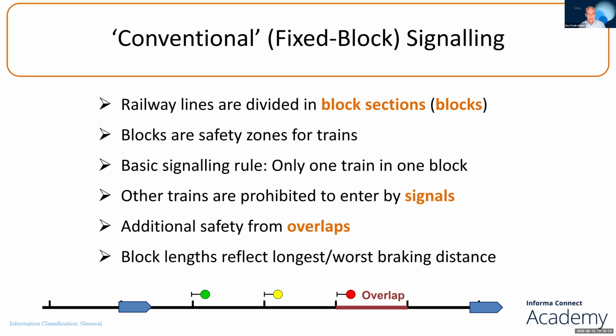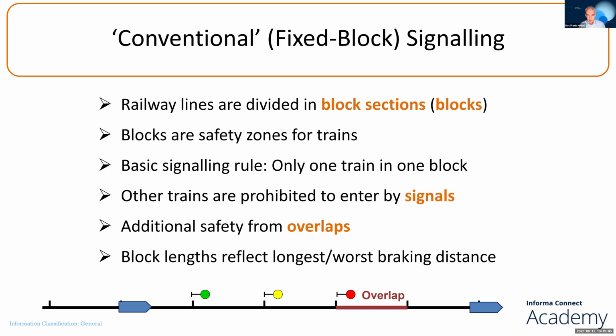So this is what I just said, that the lengths of the block sections reflect the braking distance of the worst braking train. So if you have a mix, say, of passenger trains and freight trains, you will say, well, yeah, but freight trains will take much longer to stop. The consequence is that they are only allowed to travel at lower speeds, which means that their braking distance will be about the same as the one for a passenger train with better braking behavior, which is allowed to travel